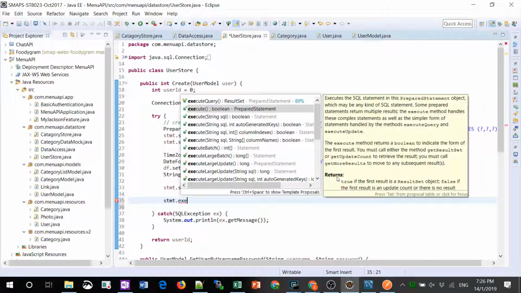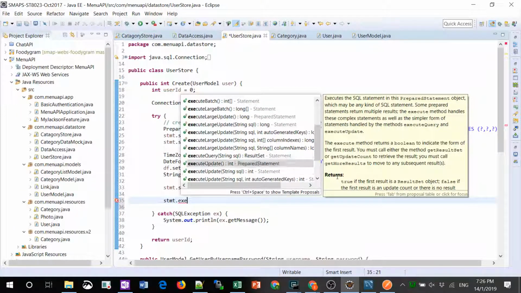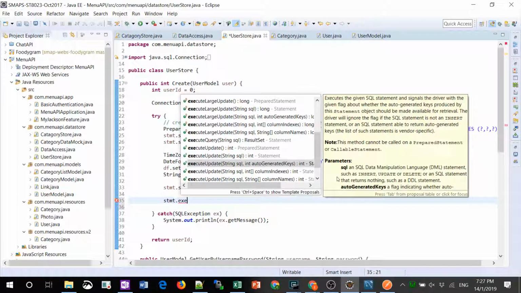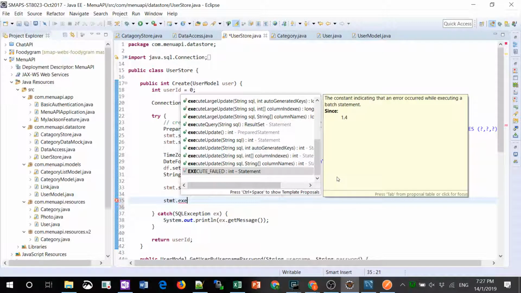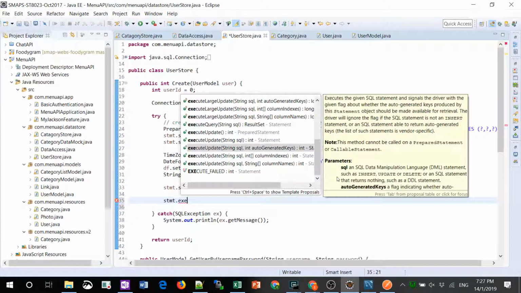Execute string SQL is if you want to throw in a string, batch, large batch, but you're not doing that. So we're going to use the most simple execute here. I want to get back the ID. So conveniently,